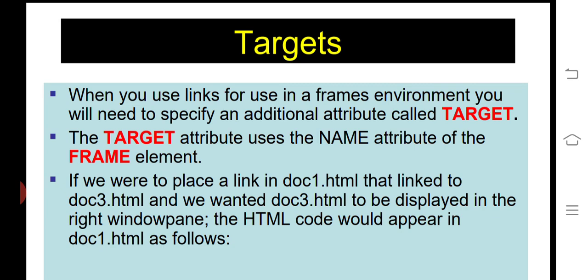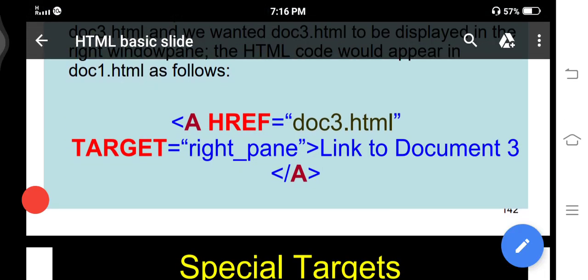So place a link in document1.html and linked document3.html. We want document3.html to be displayed in the right window pane. So the HTML code in document1.html would appear as follows: href document3.html target equal to right pane. Link document 3.